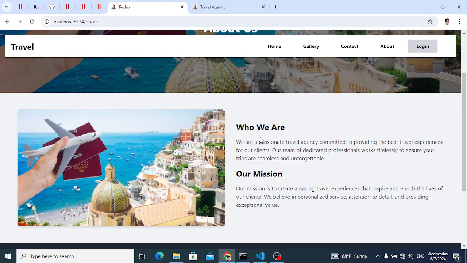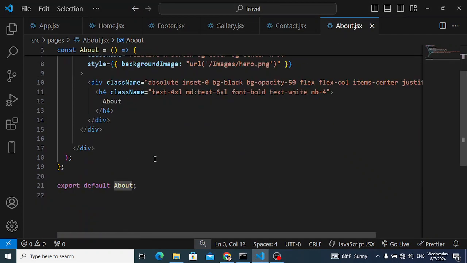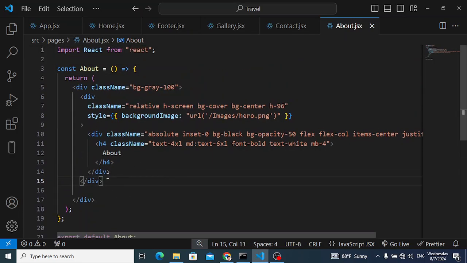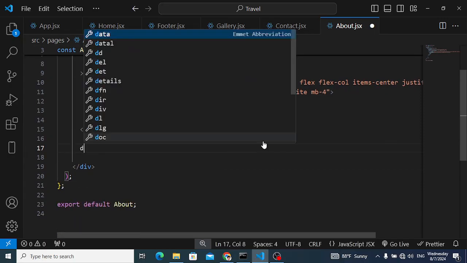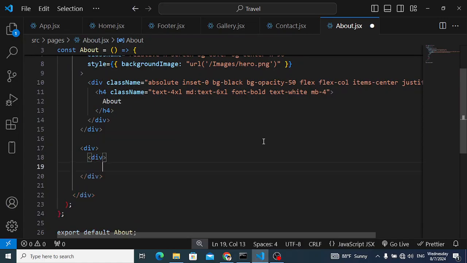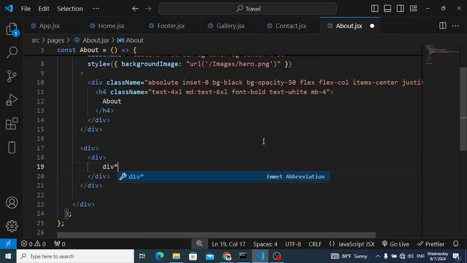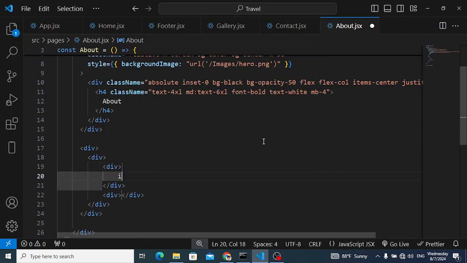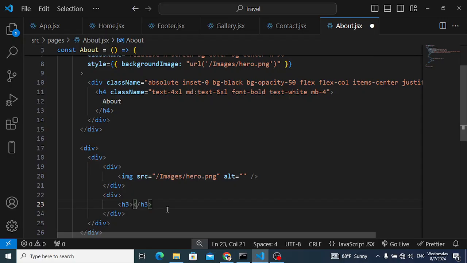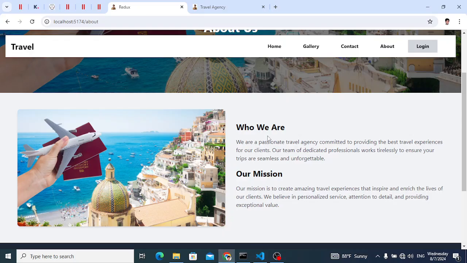First of all, we will have an image, and at the right side we will have the text. In the first area is the image, so the image would be images slash hero.png, whatever is the image name, just write that. And in the second section, an h3, and in the h3 section we will have